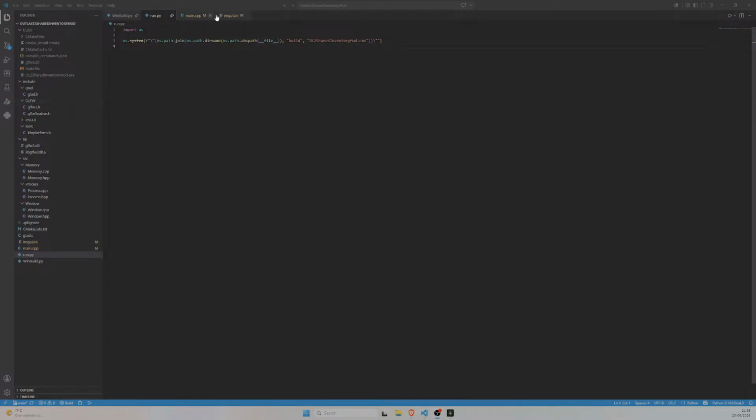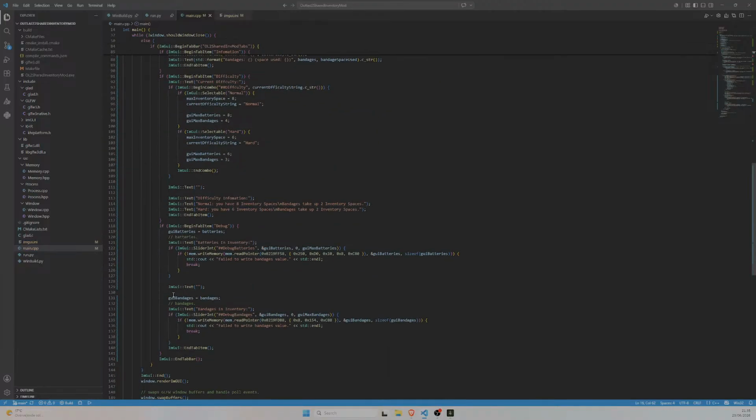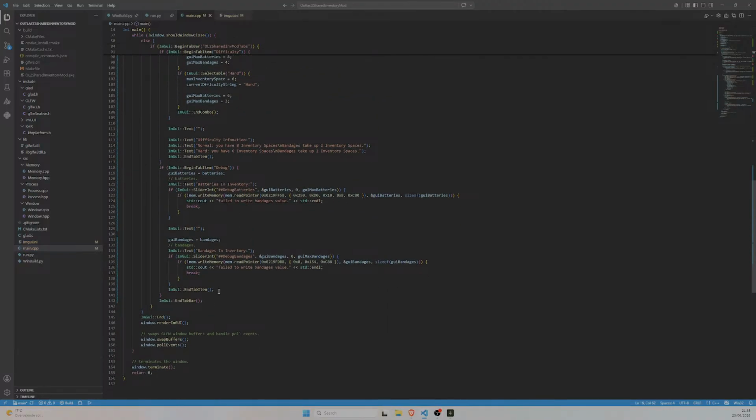Let's see how we're going to do this. Down in debug, we're going to have another separator here. And then we're going to have